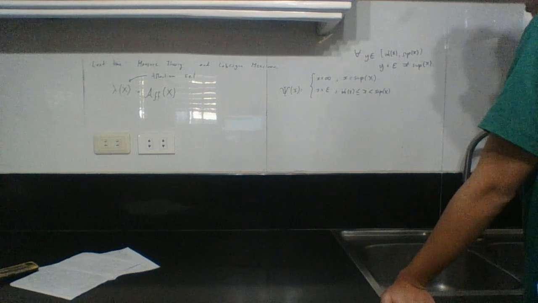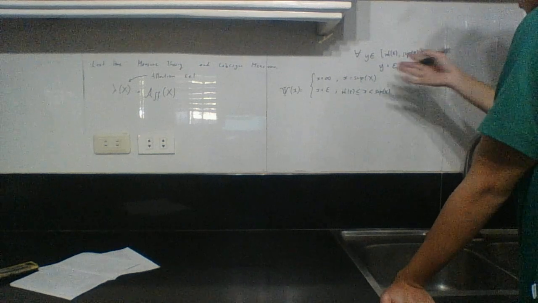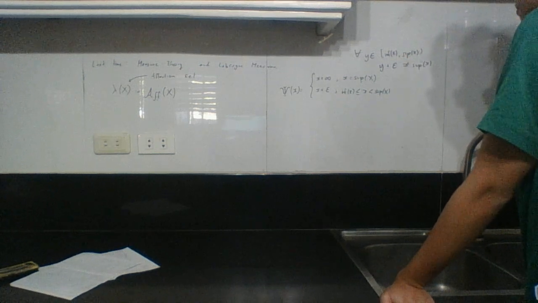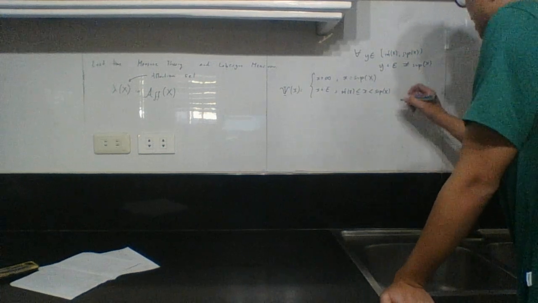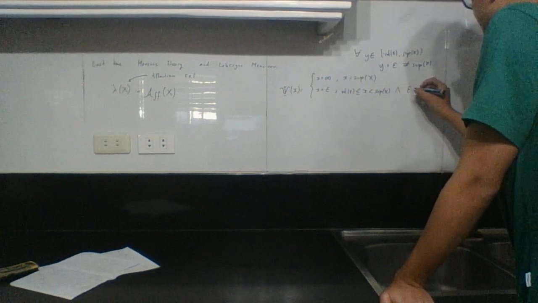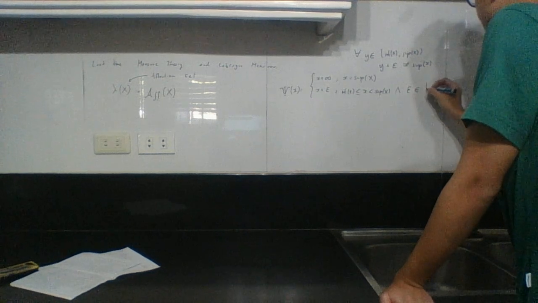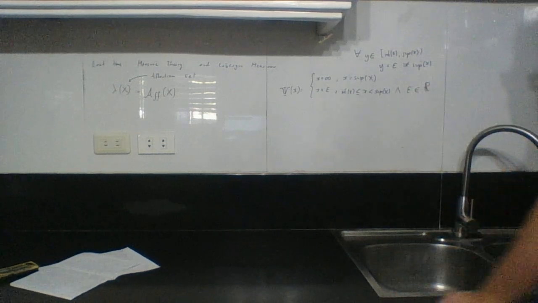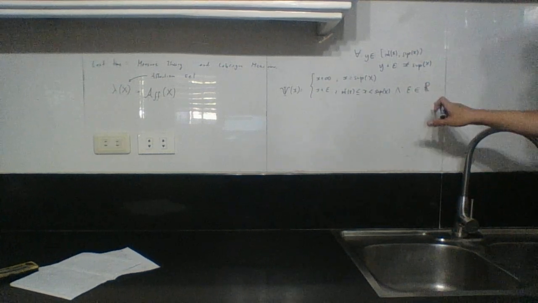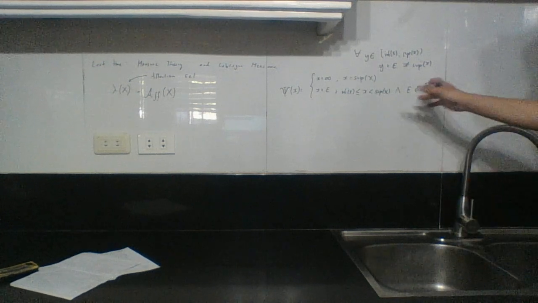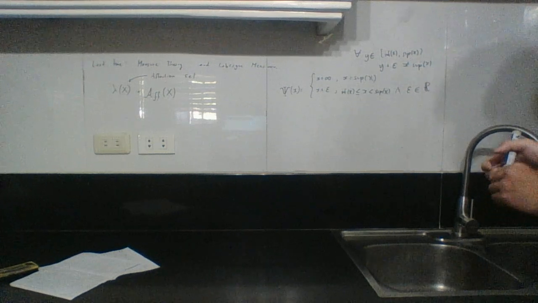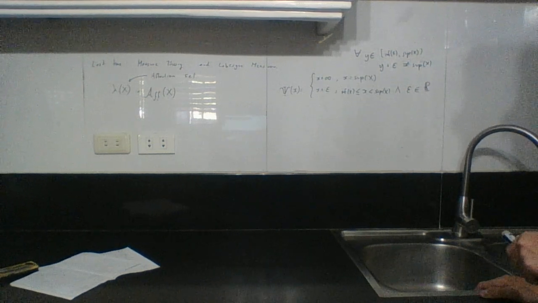Of course, the supremum will become infinity, and no element plus epsilon will become infinity unless epsilon itself is infinity. But I already said that epsilon is only part of the real numbers. It cannot possibly be infinity, because infinity is not part of the real numbers. It's part of the affine extended real numbers, but we did restrict epsilon to just R. Okay, so that was the last lecture.